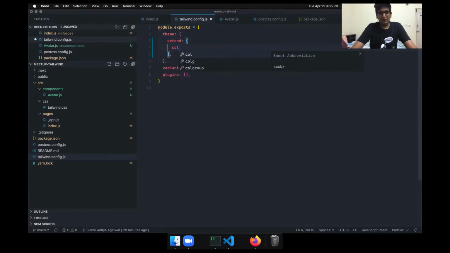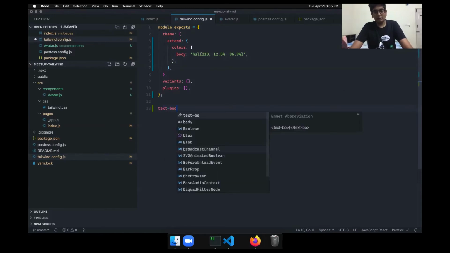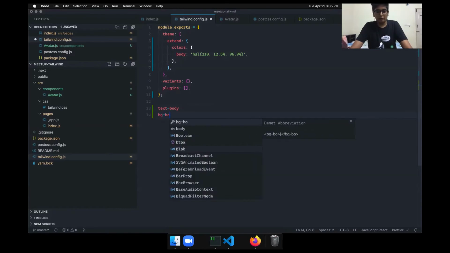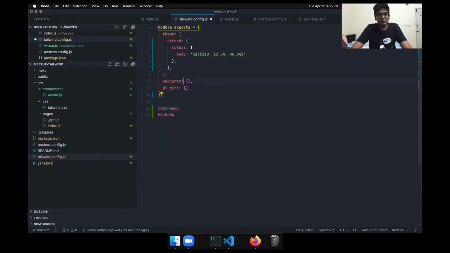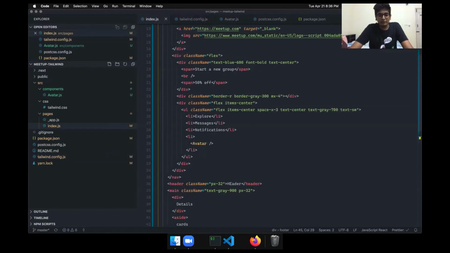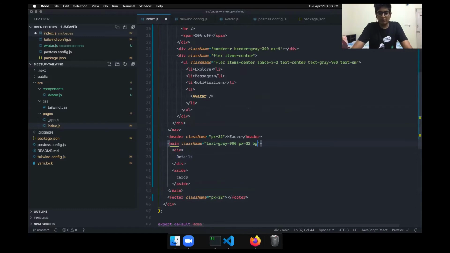So when I say in extend that the colors should be, and here in the colors I say body, and the body color should be this value. So what will happen is now Tailwind will give me class names like text-body and bg-body. So this is one powerful feature of Tailwind. And the thing about this extend is that you can tell whether it should overwrite all the class names from earlier. By default Tailwind gives us some theme colors. So should it overwrite, remove all those and just use your colors, or should it keep those as well and add your custom colors as well? So I've just used the extend because there are some good colors which we can use later. We don't have to define them ourselves. So when we have done this, now in the main, I can say that this should have a bg-body.